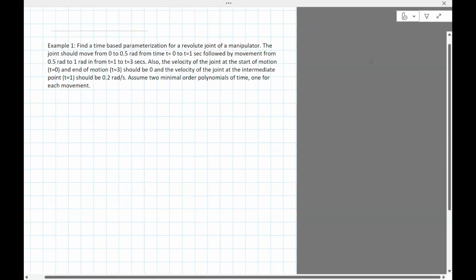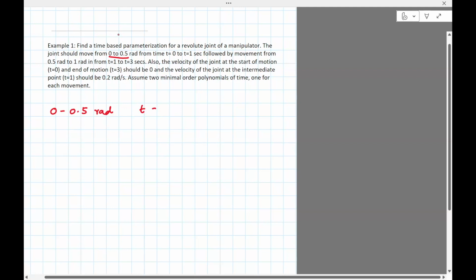Two problems just to illustrate how this can be used to generate a trajectory. So here's example one. Find a time-based parameterization for a revolute joint of a manipulator. The joint should move from 0 to 0.5 radians. So let's write it down, 0 to 0.5 radians from time t equals 0 to,